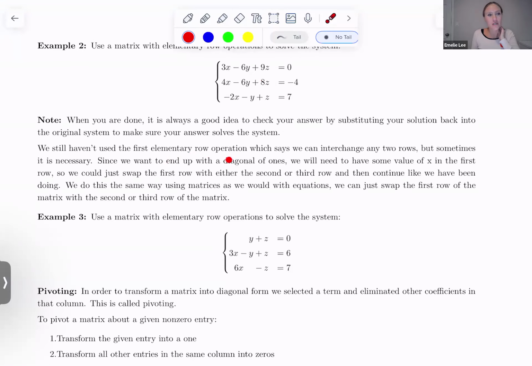We haven't used the first elementary row operation where we can interchange two rows, but sometimes we need to. And so our main goal, right, is to end up with a diagonal of ones, which means that we're always going to need a value of x in the coefficient in the top row, a value of y as a coefficient in the second row, and then a z in the third row at least. Okay, and so sometimes we need to rearrange things until we get how we want it. Now there's lots of different ways that we could do it, right? And so let's try